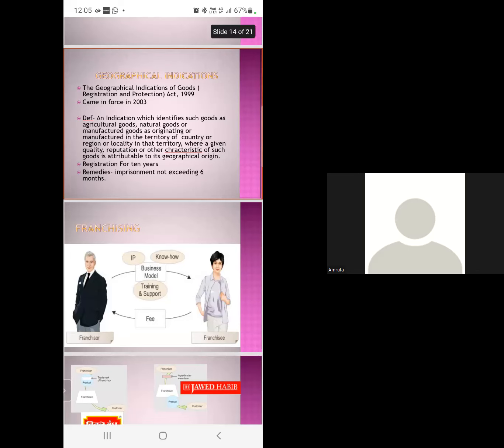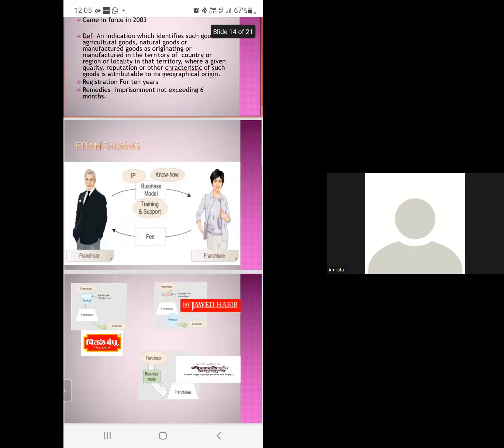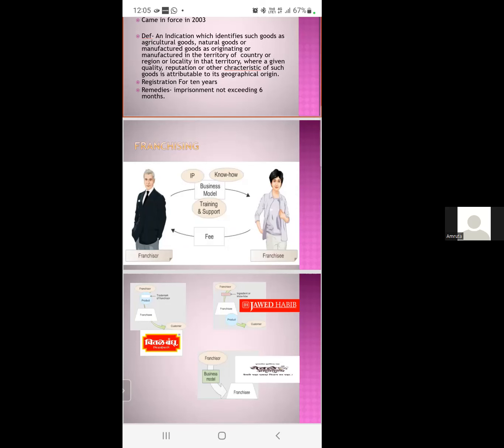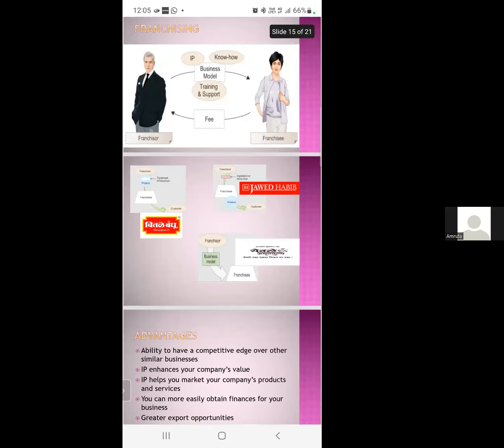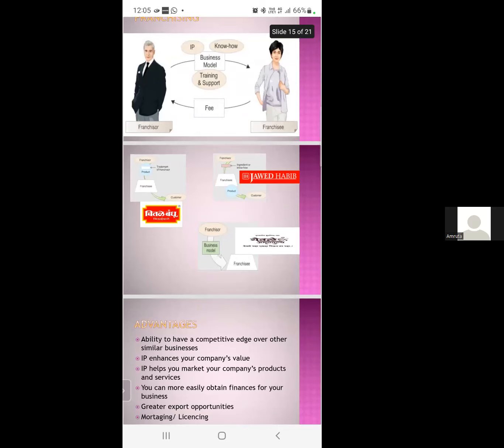Then there is franchising. If you have IP, intellectual property, and you have the know-how, then you can develop your own business models, by giving training and support, and you can take a fee, and the franchise is given. The best examples I have come across: first is Chitale Bandhu Mithai Wale. So you have a franchisor, which is the owner of the brand or the trademark. Then you are creating the product, you are getting the product which is trademarked, and then you are giving the franchise to someone, and the product is